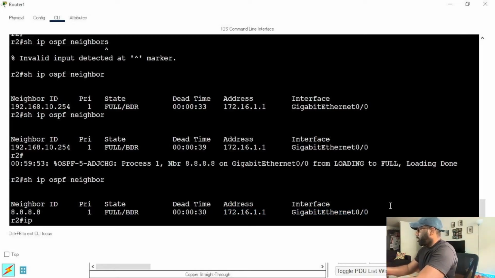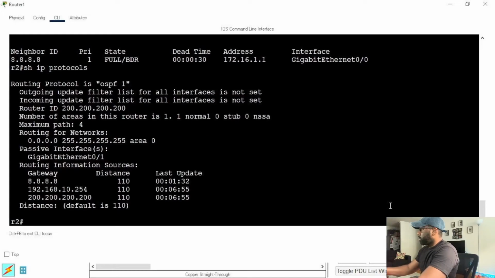You can also do show IP protocols, right? Boom. You see, of course you see the AD is 110, but you can see that OSPF is running on this, right? Because this has router ID, maximum paths, not gonna get into that. Routing for networks, this means all networks. Passive interface, G01. And it shows routing information sources,